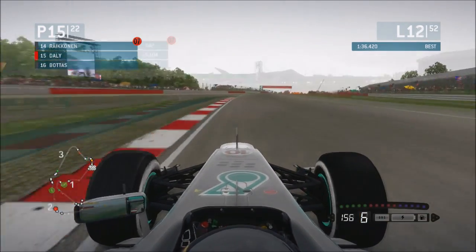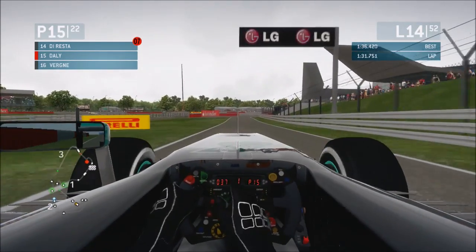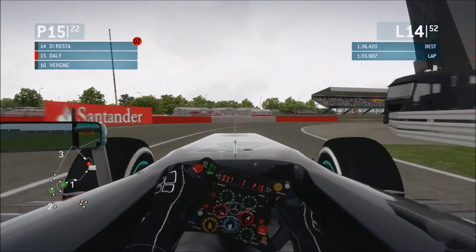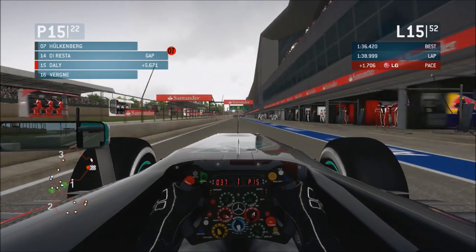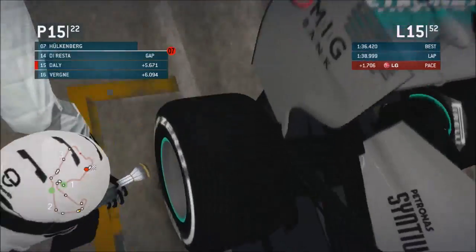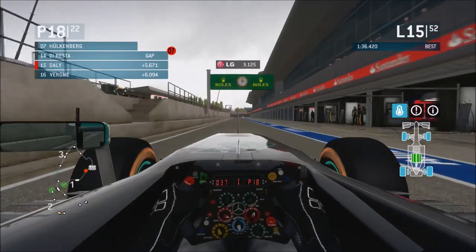So, P15 at the moment, we're thinking about a pit stop anytime soon, and here we are, coming in for our very first pit stop of the day, scheduled pit stop that is, and we'll be looking to put on a set of prime tyres, which should last about 20 laps, I want to say. I've come in a little bit earlier than what I was scheduled to do. I just want to do the undercut and try and gain some kind of time over the rest of the AI cars,